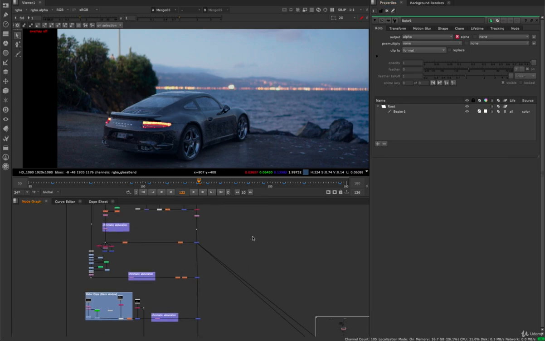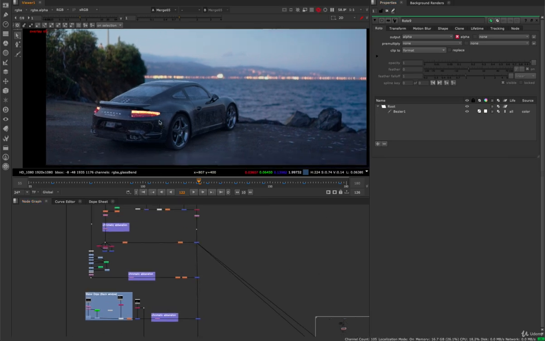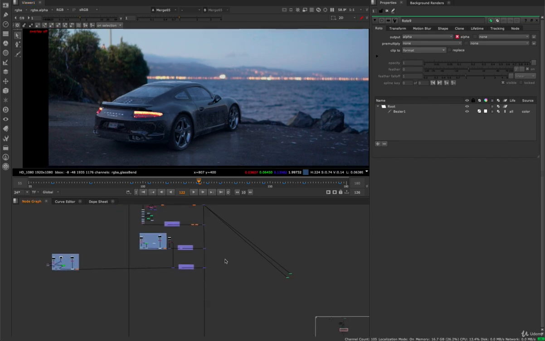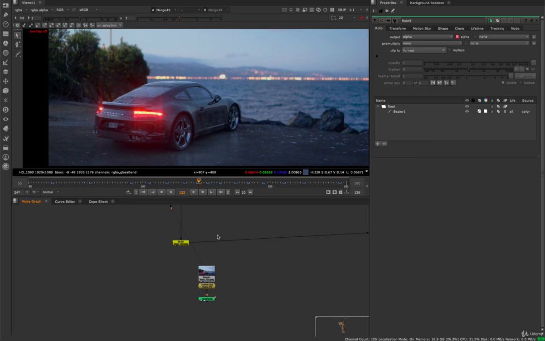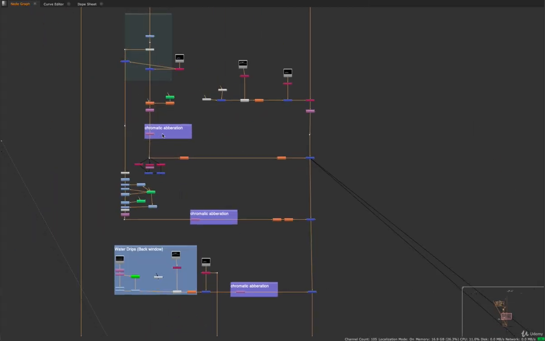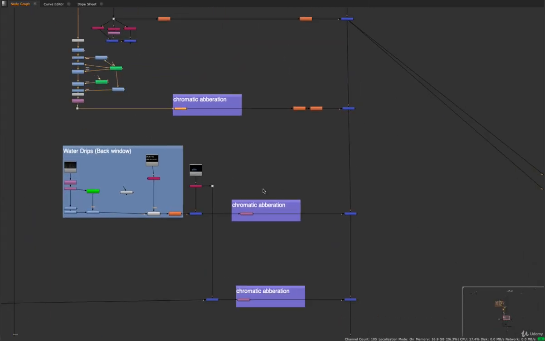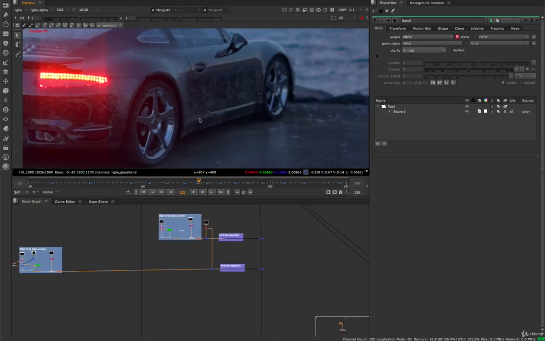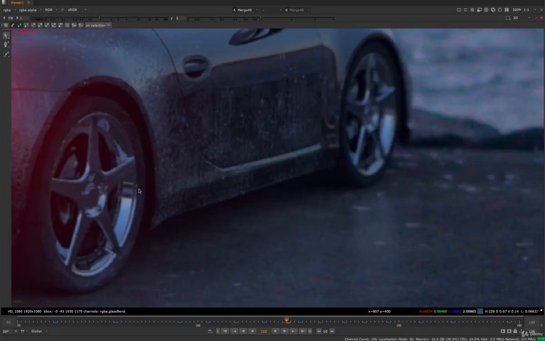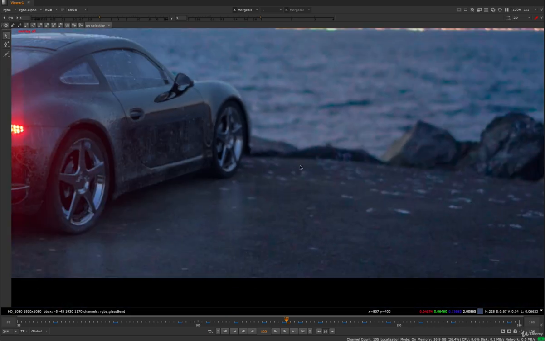Okay, so moving on, we need to actually make this CG a bit less perfect, because it's just a bit too sharp and clean right now. So if we're looking at it, let me just disable my chromatic aberration because I've just done this. Okay, so if we disable it, what we need to do is zoom in and look